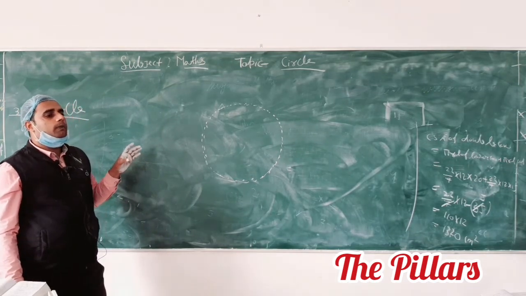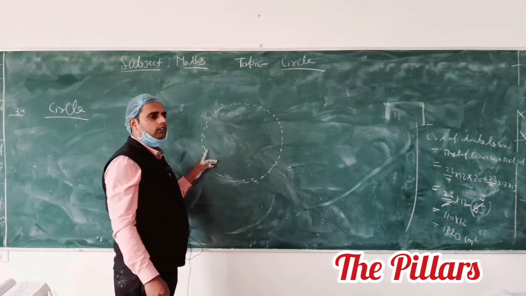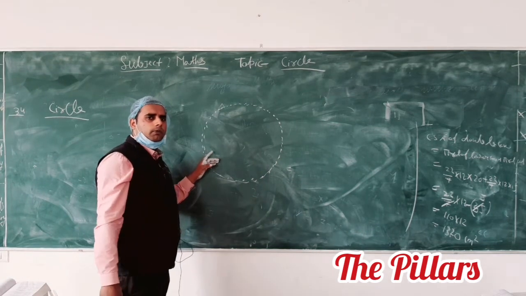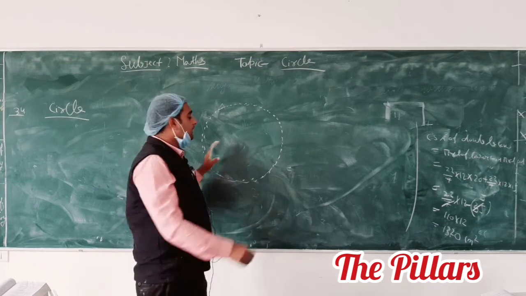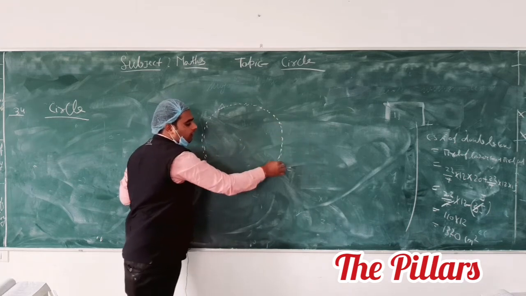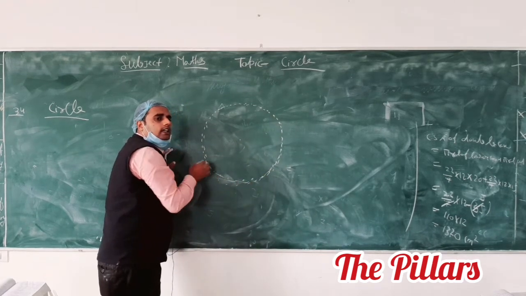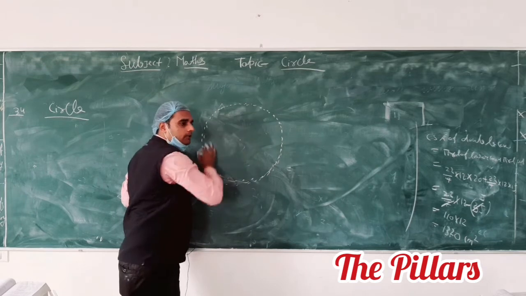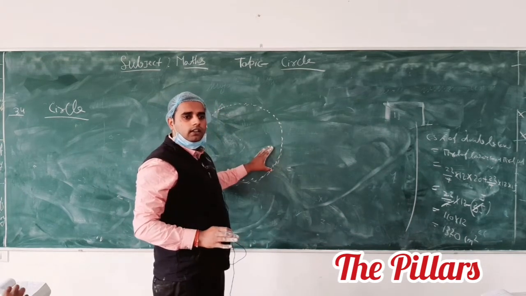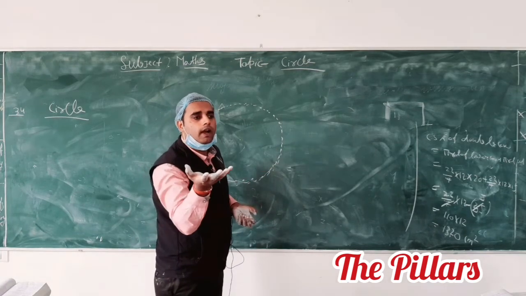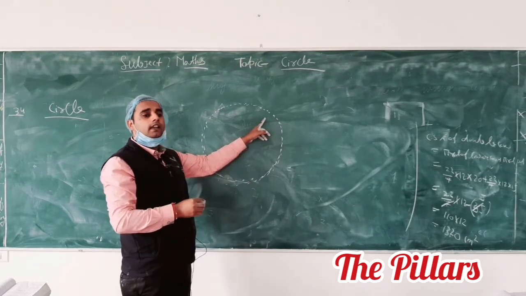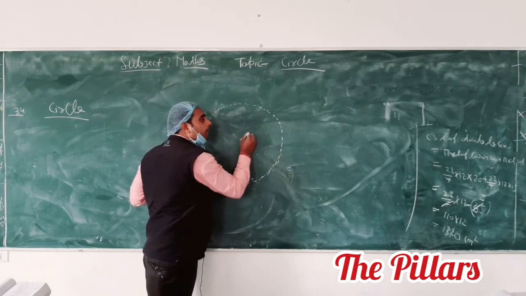Whenever you have to give the definition of the circle, we have to say that it is the collection of all points in a plane. These are the collection of all points in a plane. We have to draw this figure on the plane. This is the two-dimensional figure. If it is 3D, then the sphere is required, and this is the sphere. The collection of all points in a plane at a fixed point with a fixed distance.